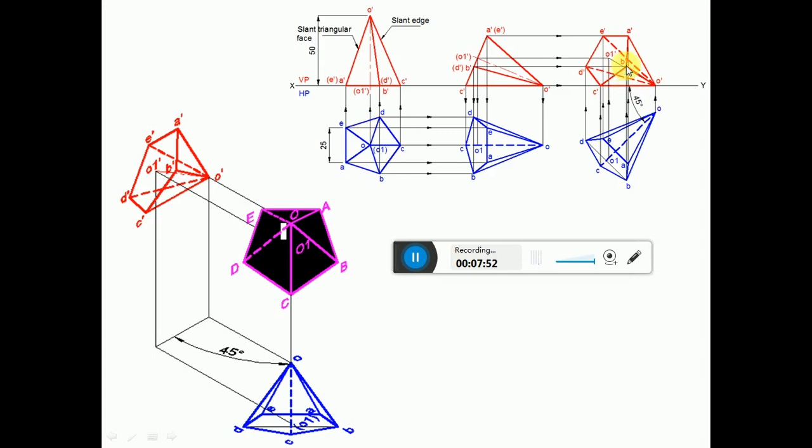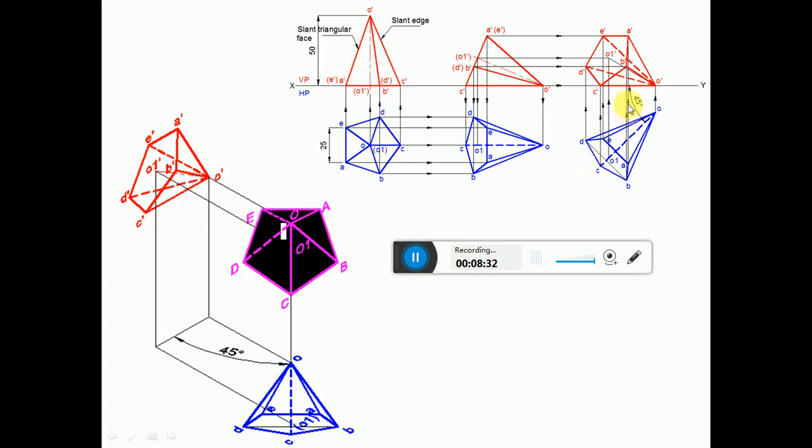From the point B dash, since B dash is not on the boundary, we have three edges emanating out of that point, which are B dash C dash, B dash A dash, and B dash O dash. Out of these, B dash C dash and B dash A dash are already visible. From a point, if any one of the edges becomes visible or invisible, then automatically all other edges will be either visible or invisible. So from point B dash, since B dash C dash and B dash A dash are both visible, naturally B dash O dash also becomes visible.